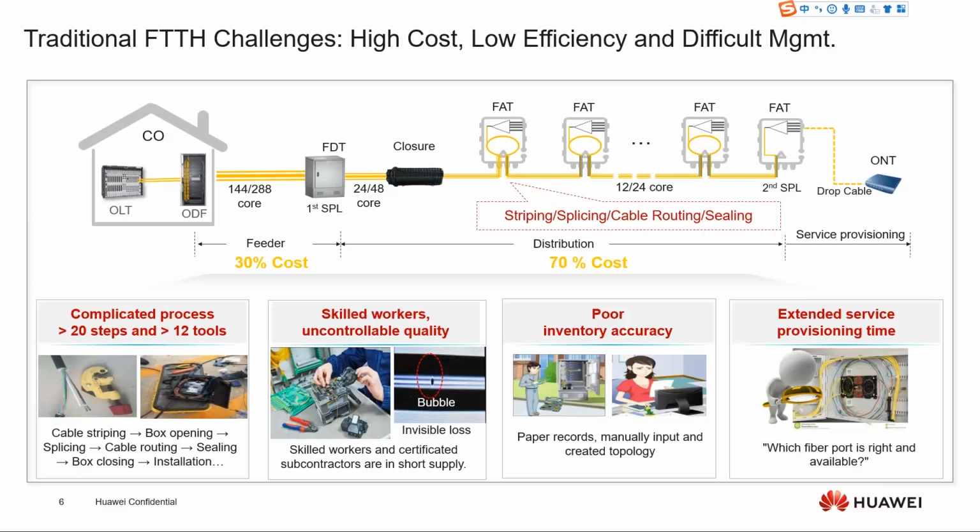Next, I need to cut the fiber and splice using a cleaver and fusion machine, but it is difficult to succeed in one time. The tools are not easy to use. Finally, I will carefully fix the fiber and cable and check that the splice loss can meet the requirement. I believe it is not easy to do this job on site, and this will impact FTTH deployment a lot. So how to improve it? I will talk about it in the next section.